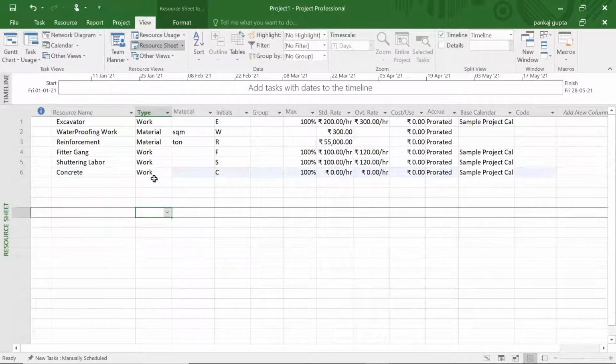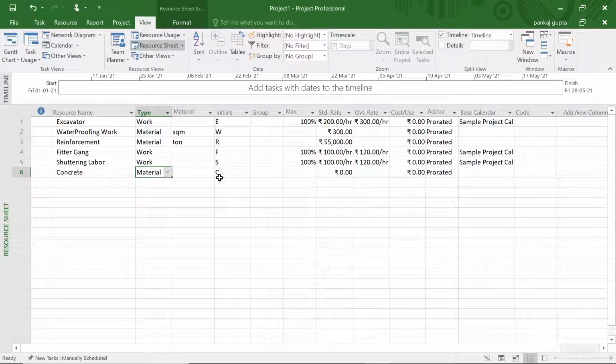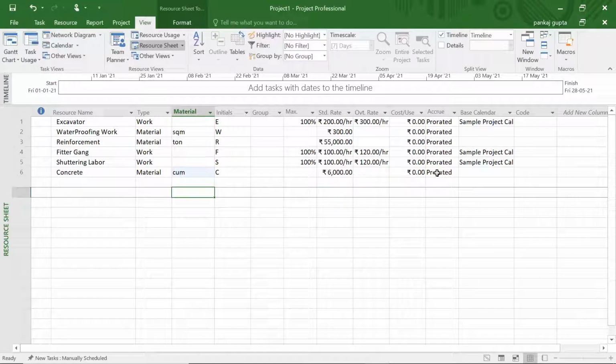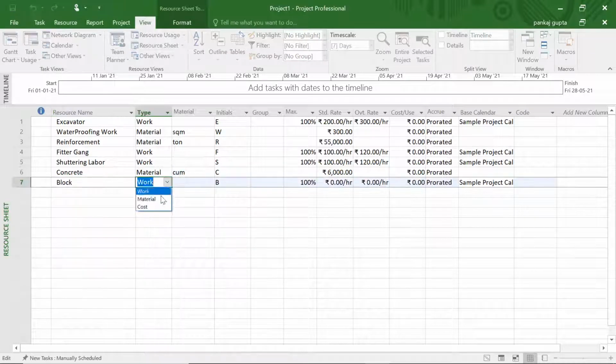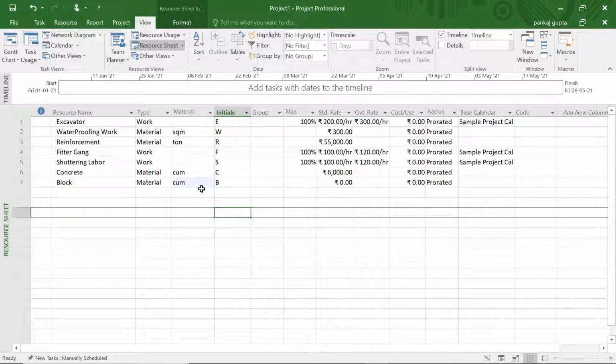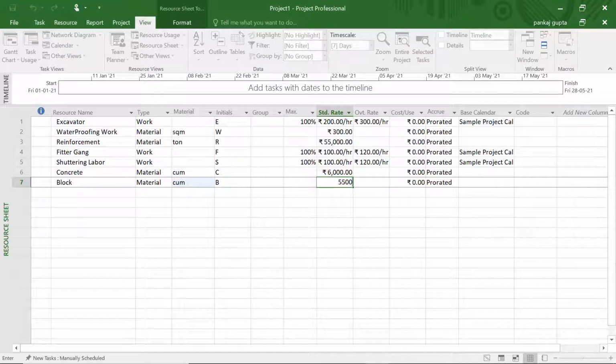Next resource we define is concrete as a material with its rate. In the material category, we do not need to provide the calendar.